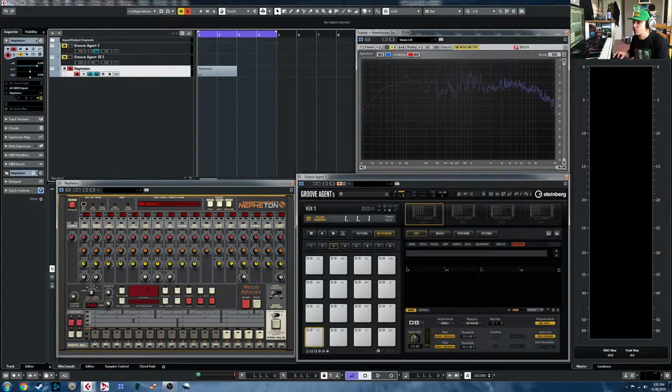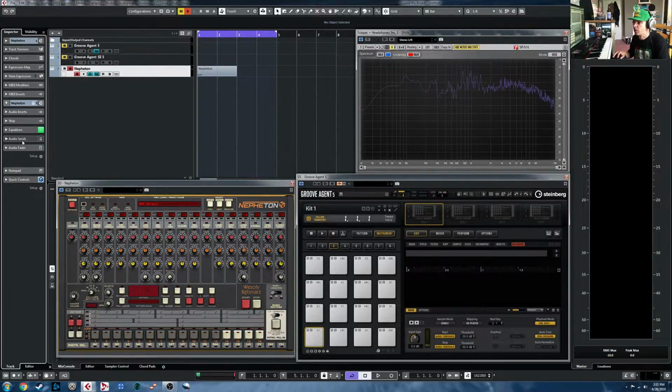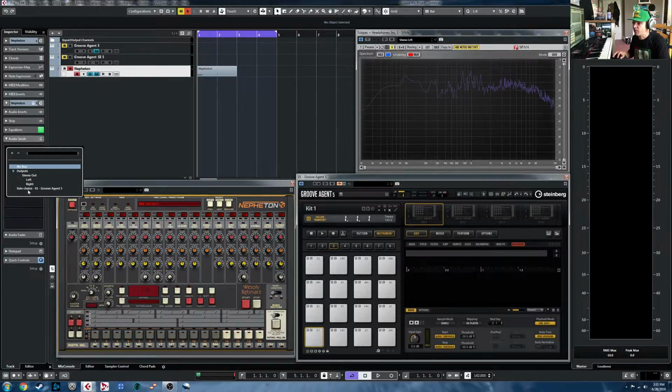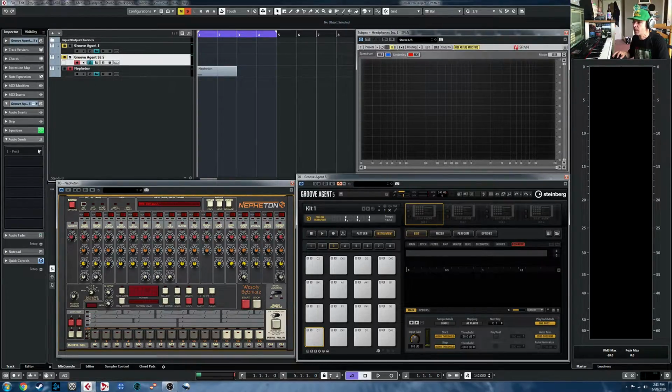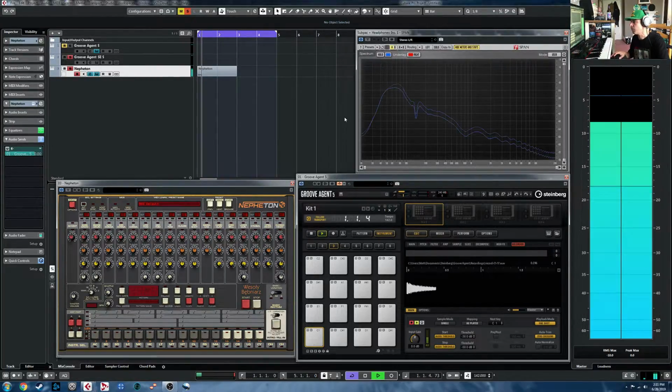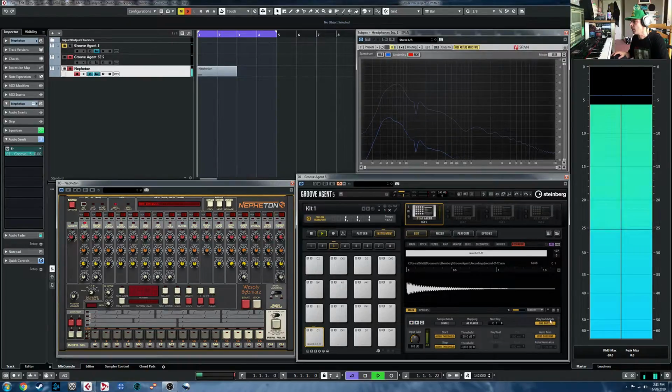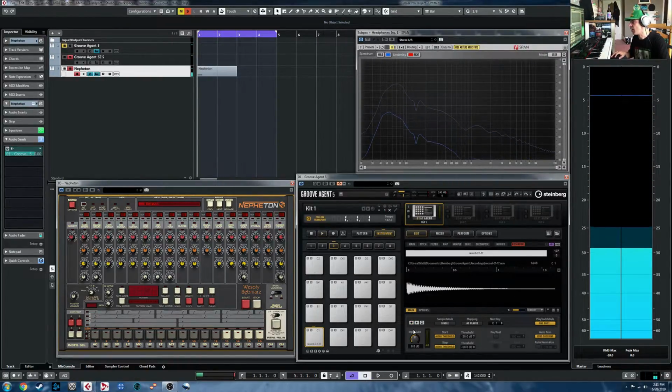And then on both of these instruments, we will just on the audio sends, send it to that side chain. Do the same with Groove Agent SE here. Okay, so with this one, all I should have to do now is record enable this and press play. Okay, so there's our 808 kit,